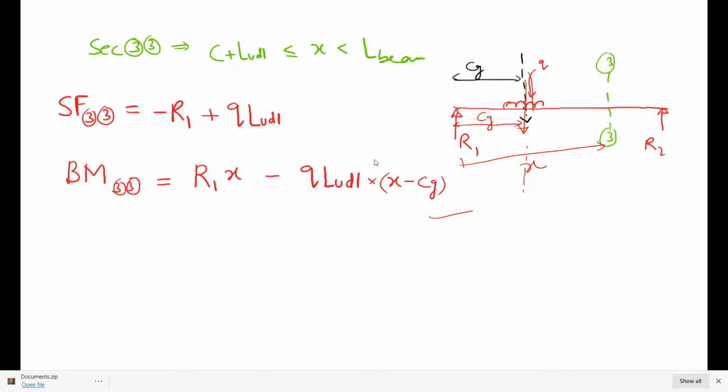So now we can easily plot the bending moment and shear force diagram. This part we have to do in MATLAB, because we are just doing the basics in MATLAB, so first we solve it by hand. How will we solve it? First we find the equilibrium equations, and from the equilibrium equations we find the reactions. Then after getting the values of the reactions, we find the shear force and bending moment at any section of the beam, and we can plot the shear force diagram and bending moment diagram from these values.